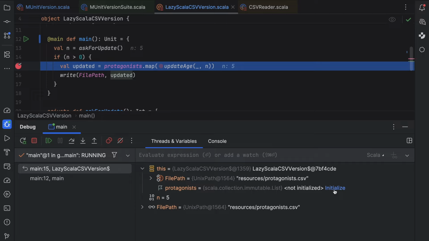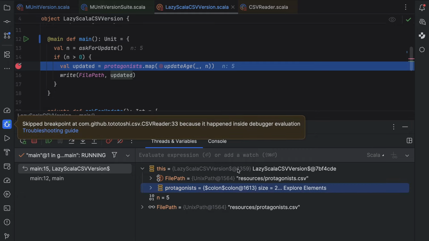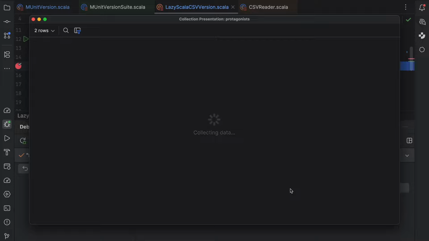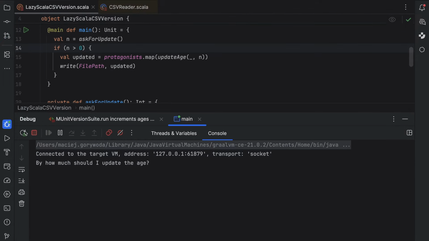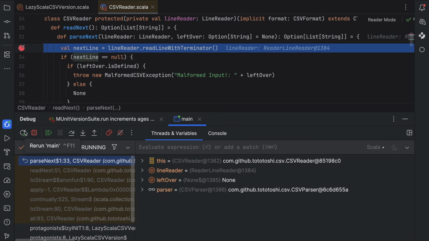From the debugger, we can initialize protagonists by clicking the initialize link. A pop-up warns that a breakpoint was ignored during initialization, but that's okay. The initialization succeeds, and now we can see the list of protagonists in threads and variables. Let's remove the breakpoint in the main method and run the program again. This time, when I enter 5, the program pauses inside the file